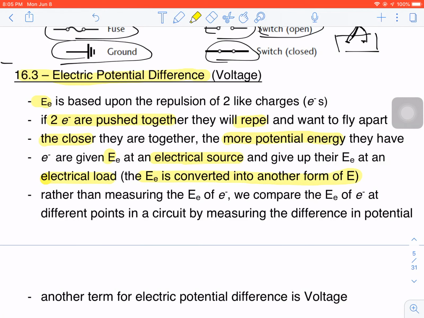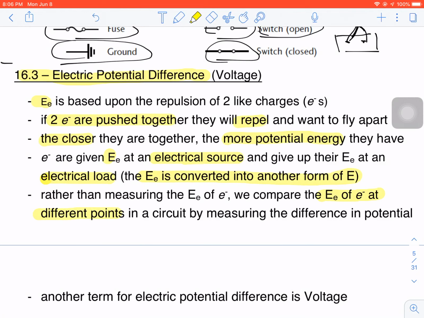We're going to measure the energy of electrons at one point in the circuit, and then we're going to compare it to the energy of the electrons at a different point in the circuit. So what I need now are two separate measurements of electrical potential energy, and then I need to compare those two numbers. So unlike my current, where I just plunk my ammeter into the circuit and then it counts how